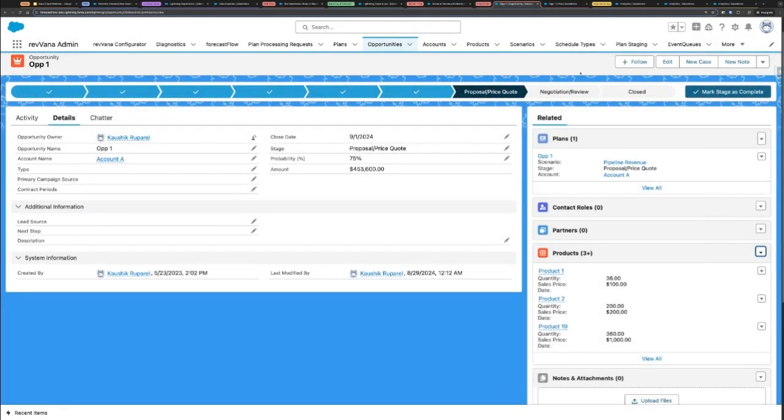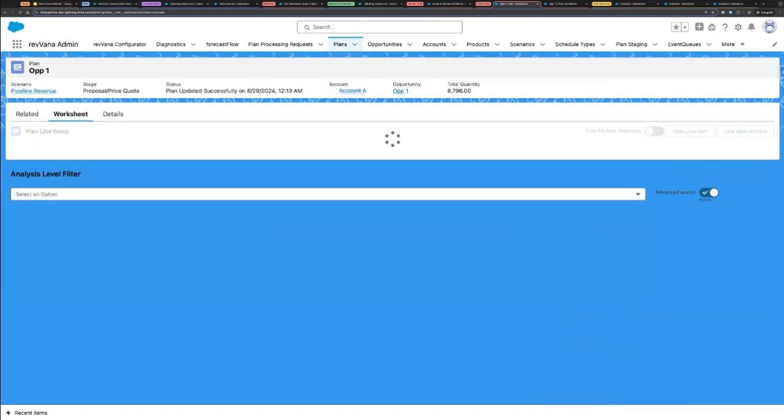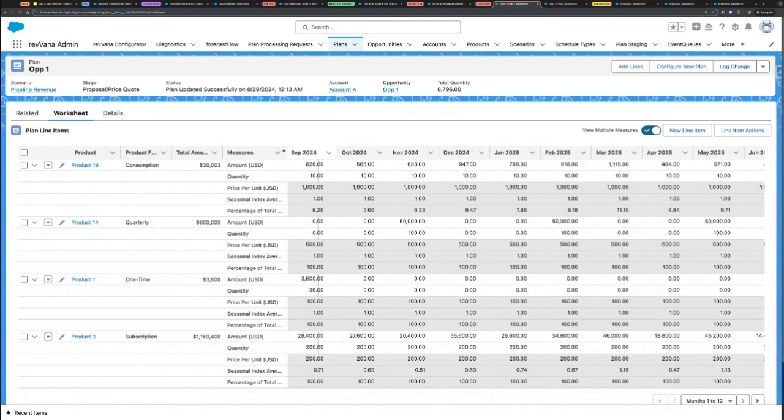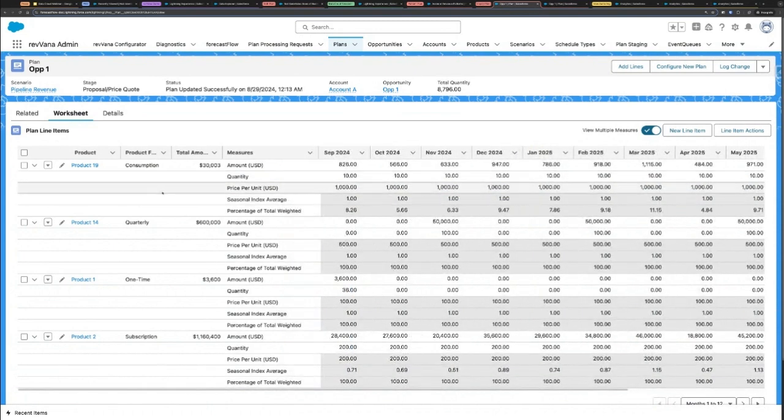But once we consider the information that's in this opportunity and the patterns that we extracted from actuals, what revVana can do is generate a bottoms-up plan for each opportunity. And if you pay attention to the product family, you will see different mechanisms are applied to generate those revenue profiles.